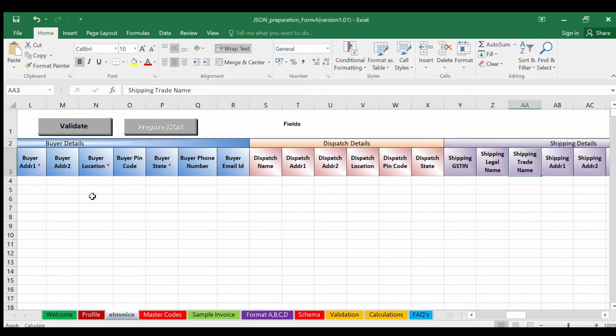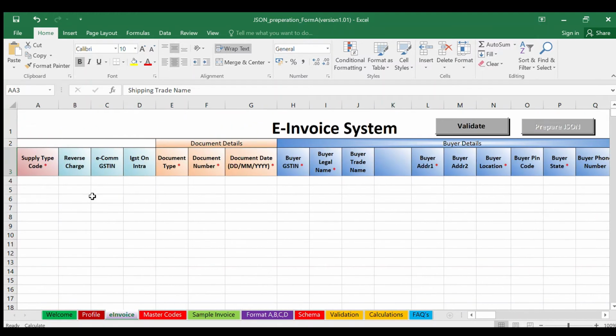In the e-invoice sheet, you have to fill in the details of the invoice for uploading in the GST invoice portal.